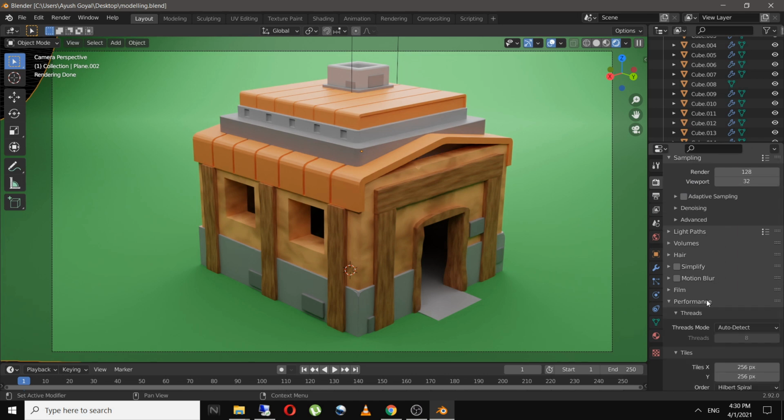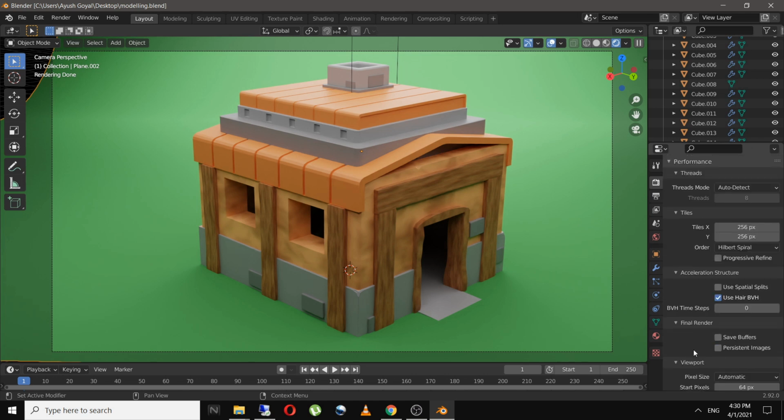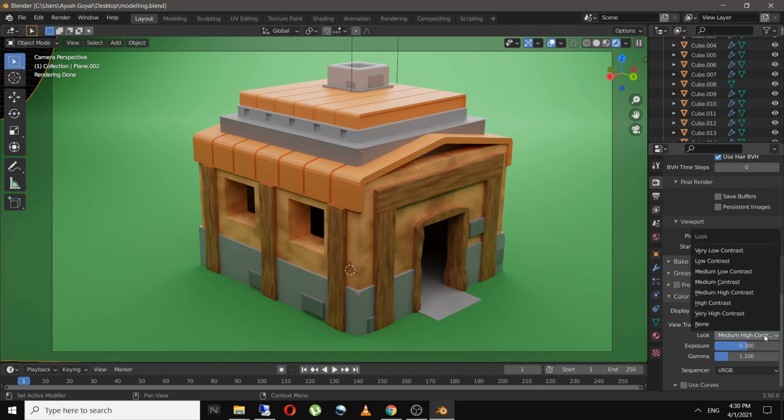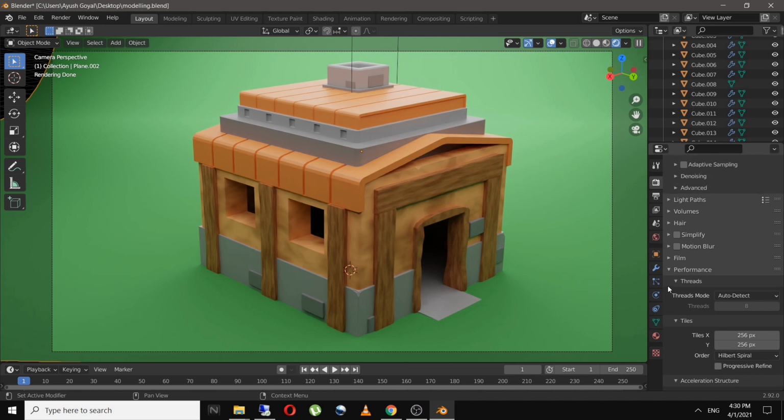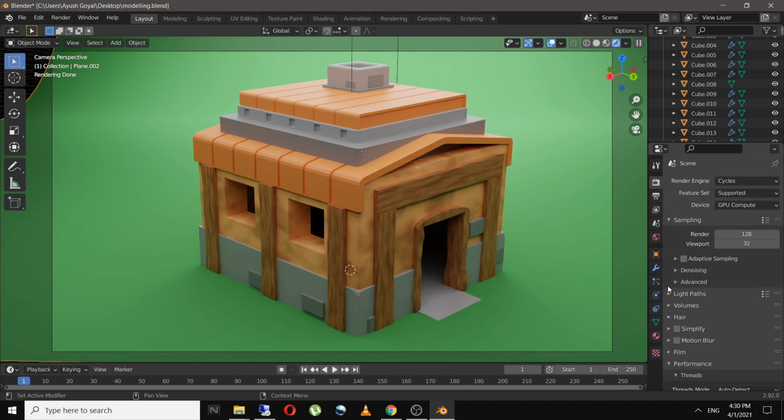This is how our model should look. And now in scene properties, go to look and set this to medium high contrast or high contrast depending upon your light settings. And you can play with the exposure and gamma over here, and everything looks good now. You can increase the tile size to 256 and don't forget to enable the denoising. And click on F12 to render now.